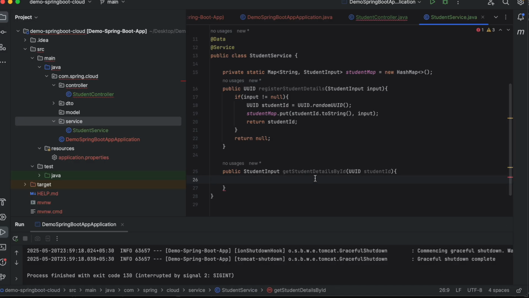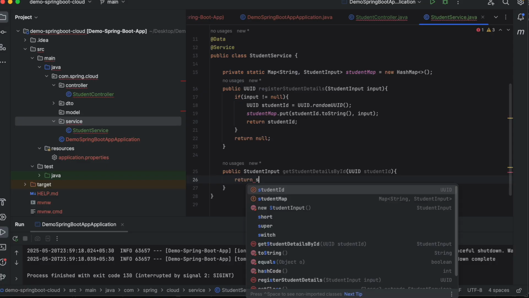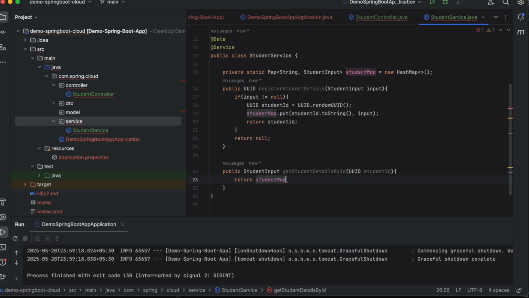So when a student queries their details by providing a valid student ID, then we will check whether it is present in this map or not. If present, we will return the same. So we will simply say return studentMap.get, we will pass studentId.toString. That's it. So we have two functions as of now. One is registerStudentDetails and another is getStudentDetailsById, right?